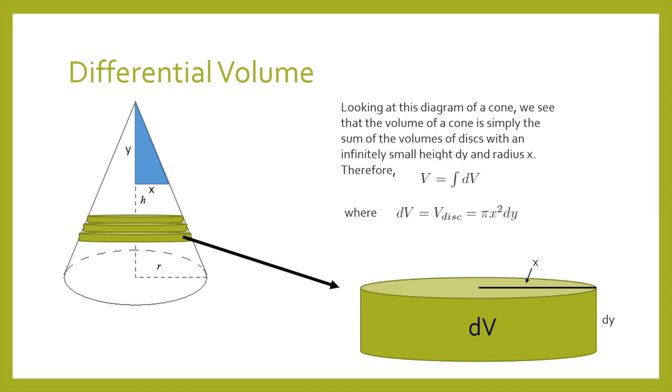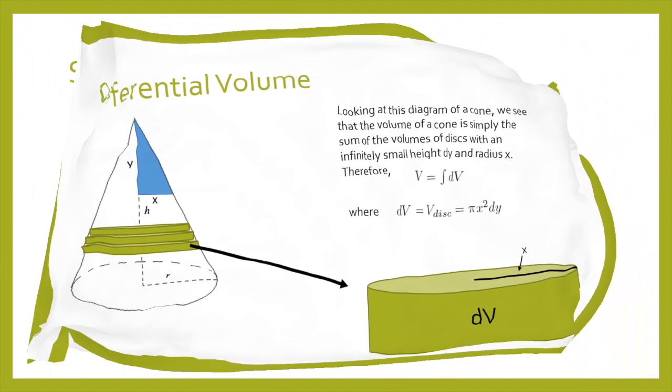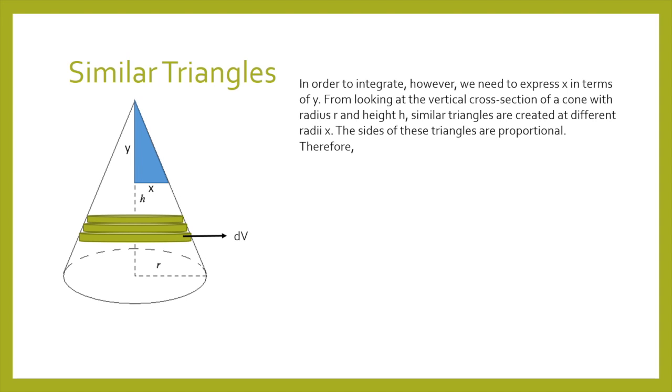So we are going to have to put x in terms of y. And we can do that using similar triangles. So in order to integrate, we have to express x in terms of y. And by looking at the vertical cross-section of a cone with radius r and height h, similar triangles are created at different radii x. The sides of these triangles are proportional by the AA postulate. So therefore,